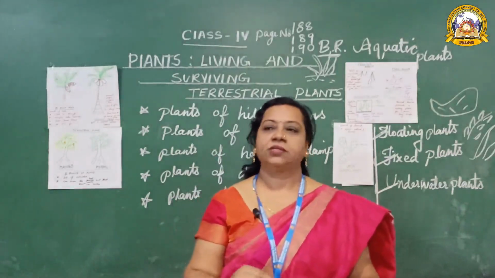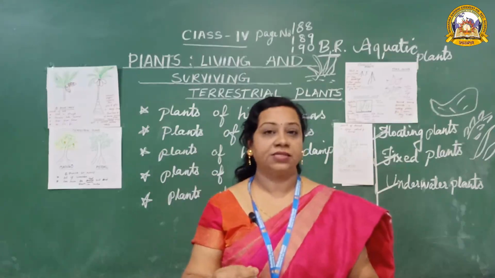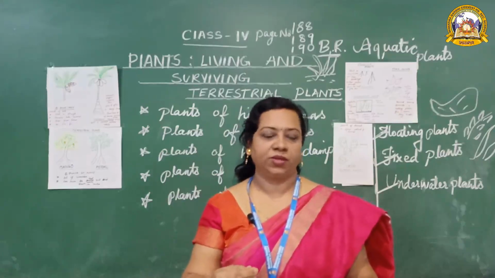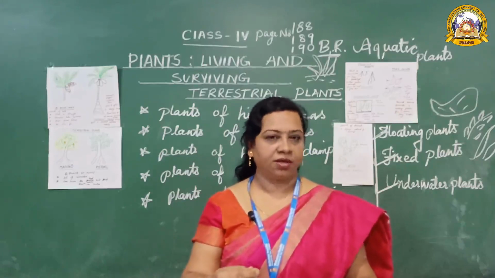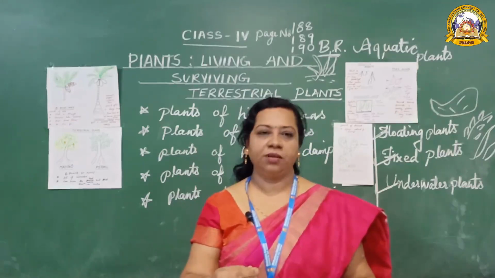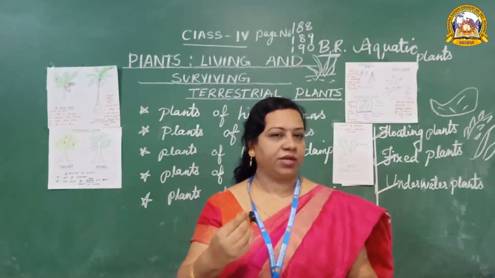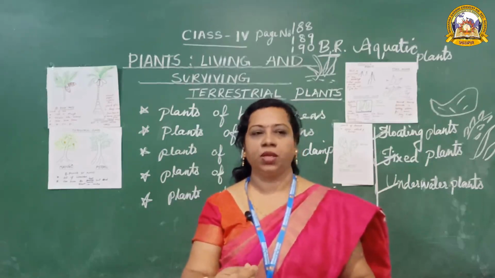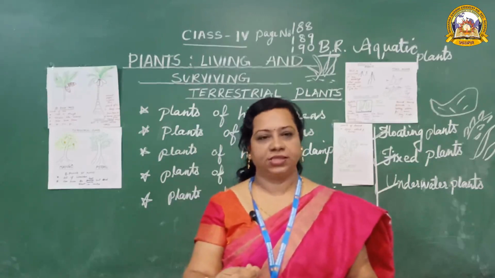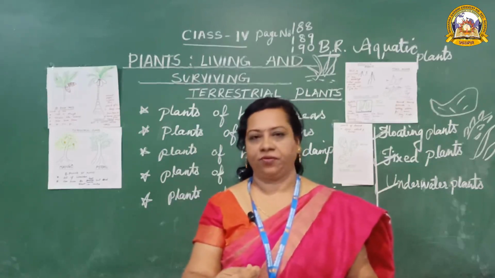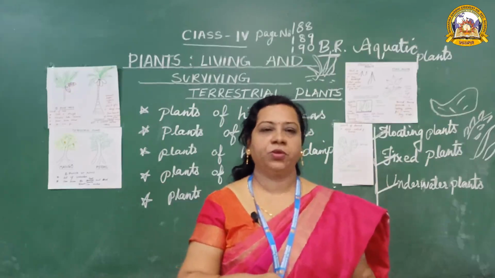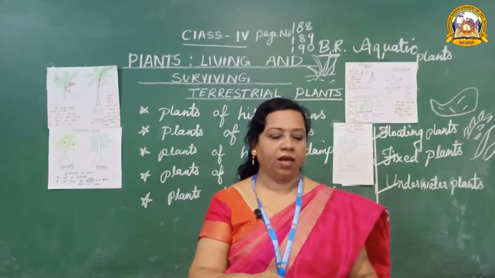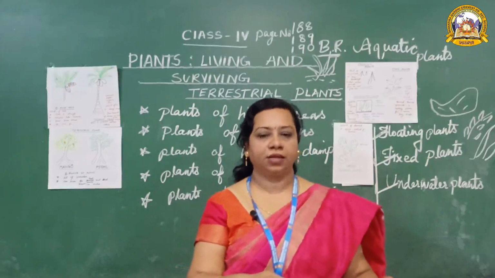So that's why you have seen the aquarium. In the aquarium, some water plants are there, as well as some small animals. Why? Because the animals give out carbon dioxide to the water plants, and the water plants give oxygen through their leaves, and both can survive. Is it clear for all? So we put these animals in the aquarium. I think all these things are clear.